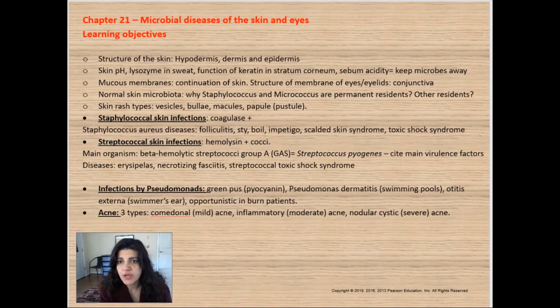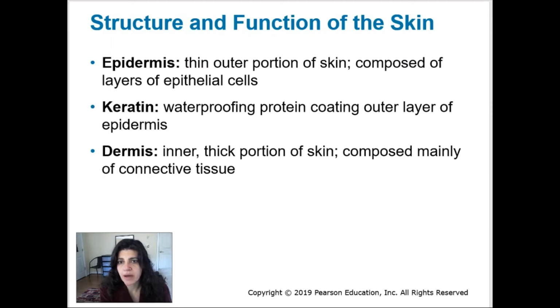So starting with this part 1, we're going to talk about what the layers of the skin are, and what is important in skin to keep microbes away, and in the mucous membranes, types of rashes, and then the 4 main types or main etiology of skin infection. So let's start by talking about what is important in the skin that gives that property of protection. So we have in the epidermis a stratified squamous epithelium, and in that epithelium, remember how